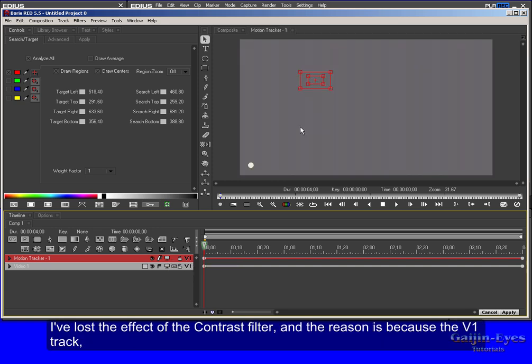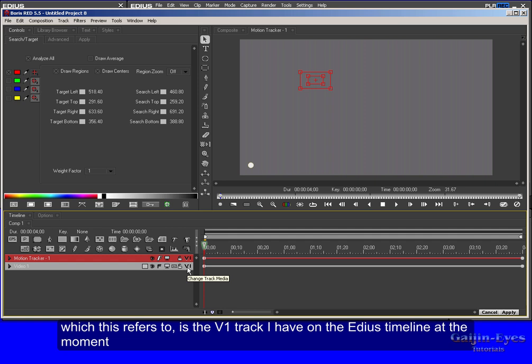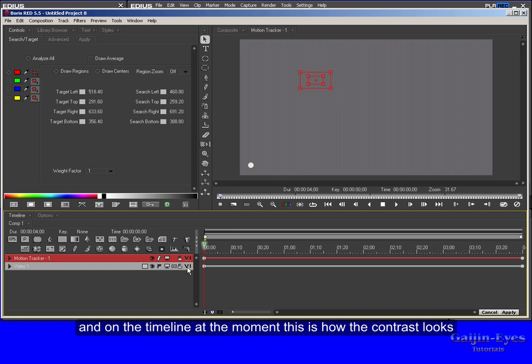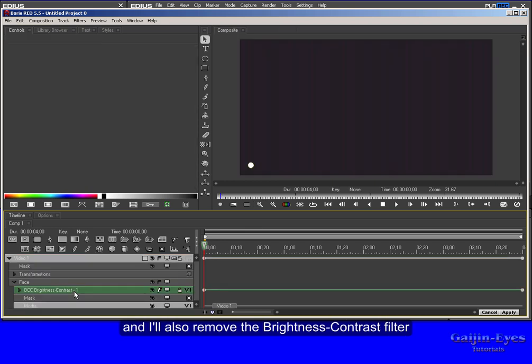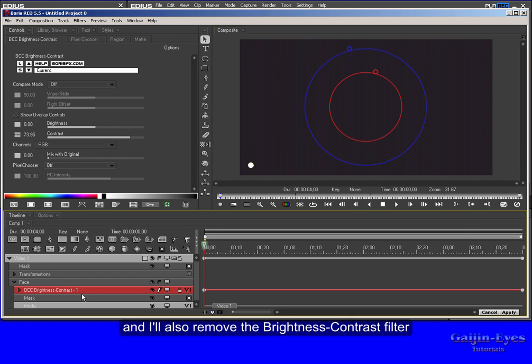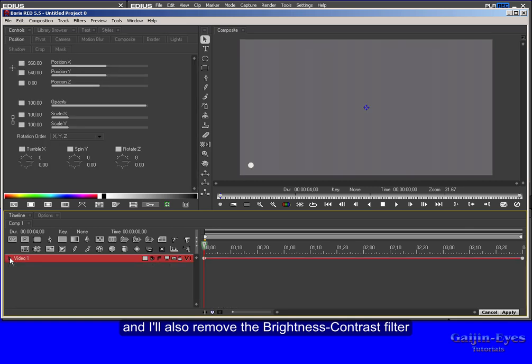I've lost the effect of the contrast filter, and the reason is because the V1 track, which this refers to, is the V1 track I have on the EDIUS timeline at the moment, and on the timeline at the moment, this is how the contrast looks. So I'm going to remove this, and I'll also remove the brightness contrast filter. I'm going to go back to EDIUS,